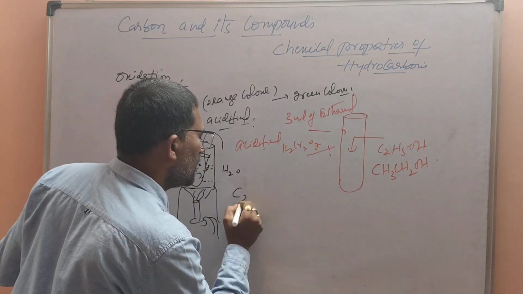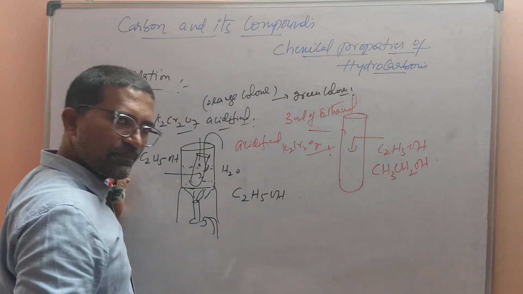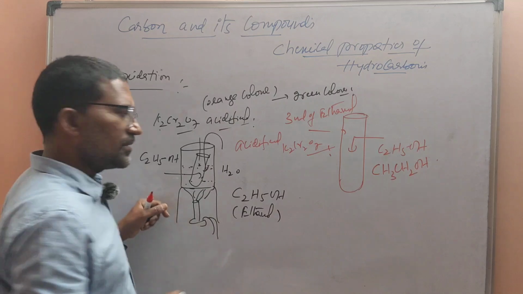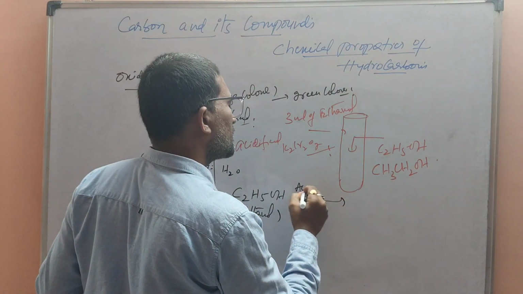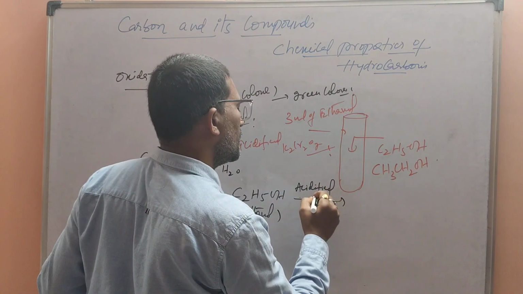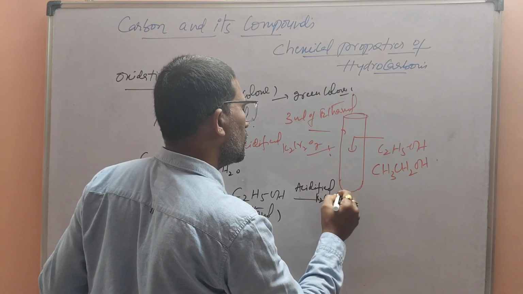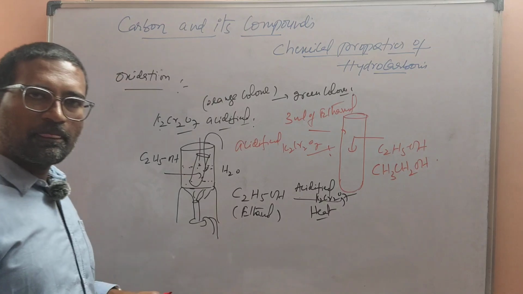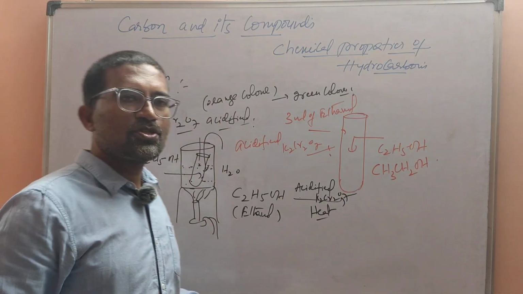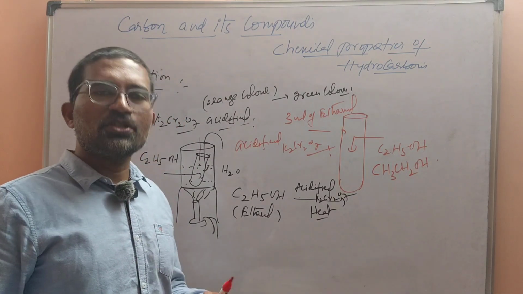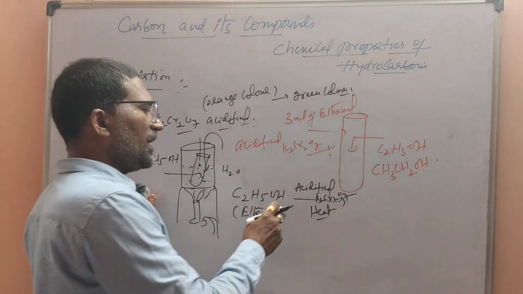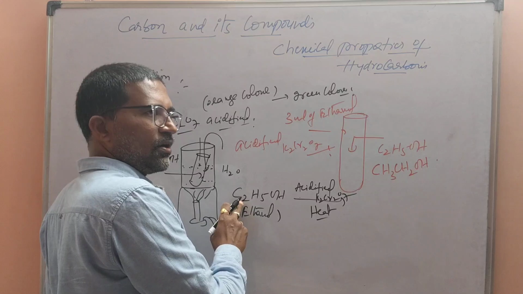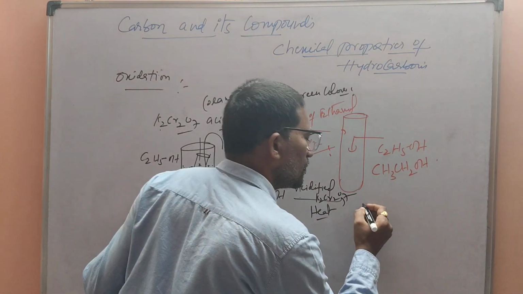Now I'm taking ethanol, C2H5OH, and writing the reaction mechanism. I am going to add acidified K2Cr2O7 and heat it on a water bath. The heating process should be there. If you don't heat it, there is no chance of an oxidation reaction. After adding acidified potassium dichromate to ethanol, it is going to convert initially into